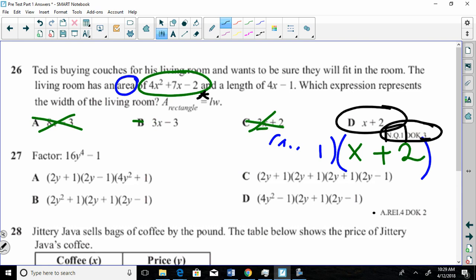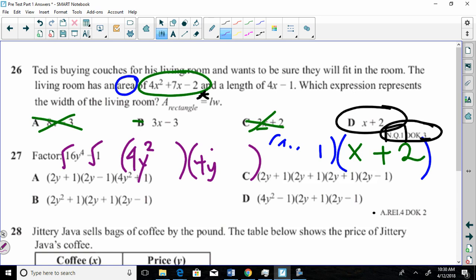This one is like the perfect square. Do you guys see that these are perfect squares and their differences? So I just take the square root. What's the square root of 16? 4. So I have 4y, but what's half of 4? 2. So I'm going to make it square. Then, what's the square root of 1? 1, and make one plus and one minus. Cool. But